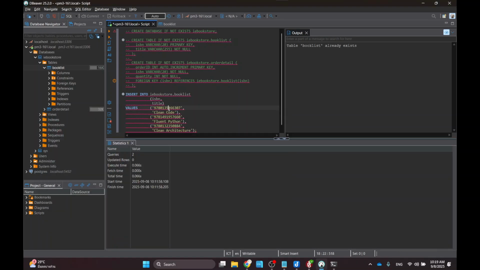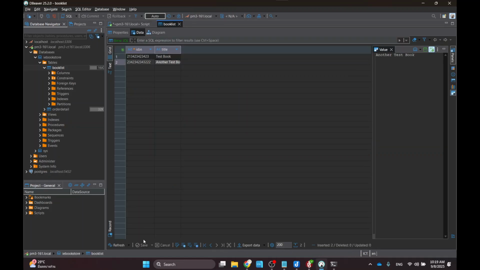Oh, did I have duplicate keys in here? No, I did not, right? Oh, is it because I already did? Let me see. Oh, I already did. Okay, yeah, that's why. So the error that I got is that once you do it once, if you